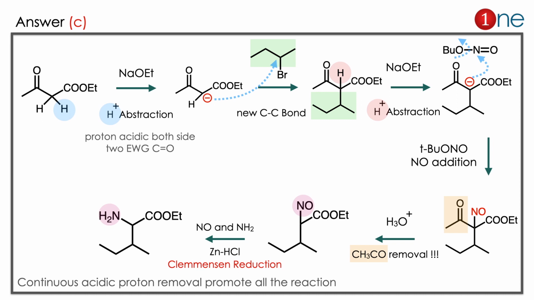This reaction is important because it involves continuous removal of the acidic proton and its reactivity towards the reagents. Here you have to learn two things. Whenever you see an acidic proton, always think it is a reaction center. Then you have to find a way to quench the charged system. Mostly here an anion is formed. So quenching the anion leads to the final product.